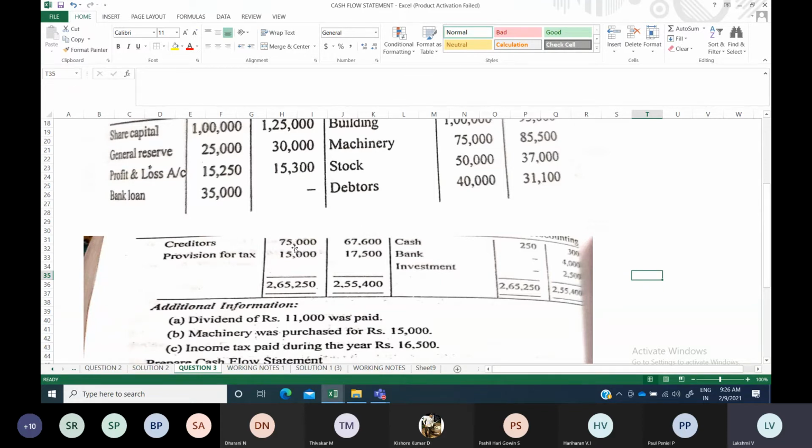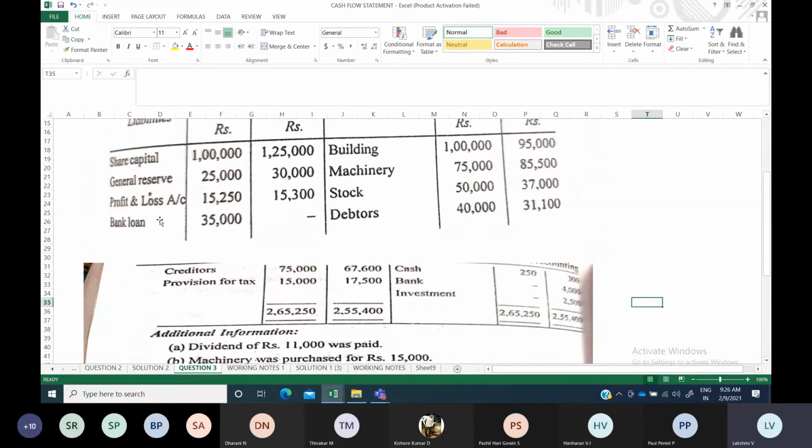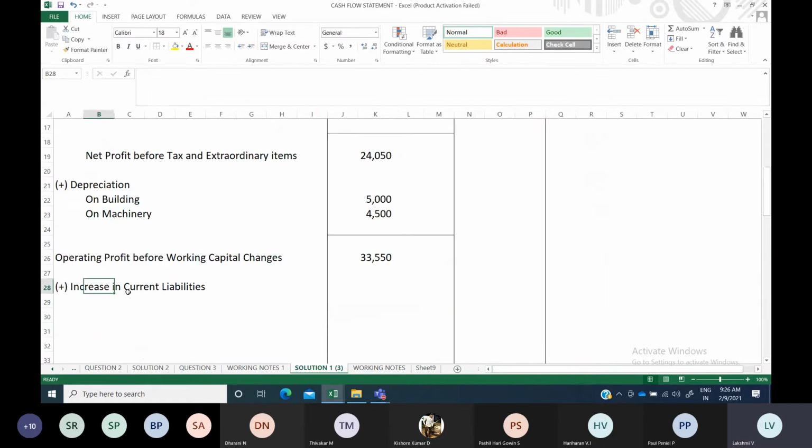With this amount, you have to find out how much the difference is, increase or decrease. You have to compare. By seeing it itself, you can find out this is a decrease in current liability, so you cannot add. All the other items are not current liabilities. Only creditors is a current liability, but it is a decrease in current liability, which we must subtract. That one you can either show here as nil, or you can skip. If you don't have any particular item under that heading, you can just skip also.